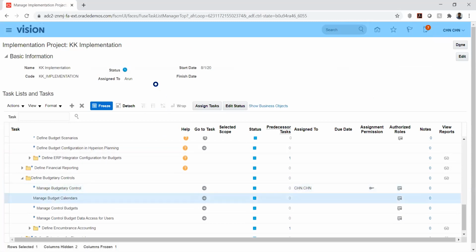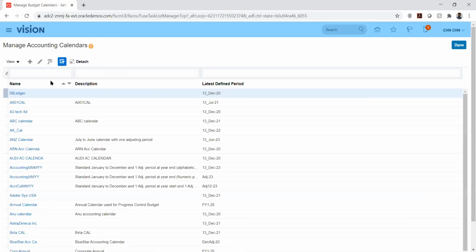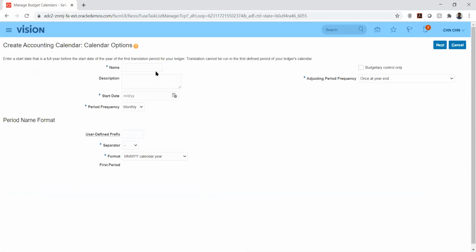So now we have created the budget and we will try to create a calendar for our budget.